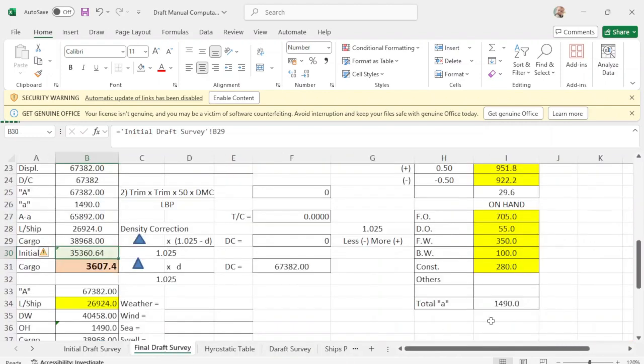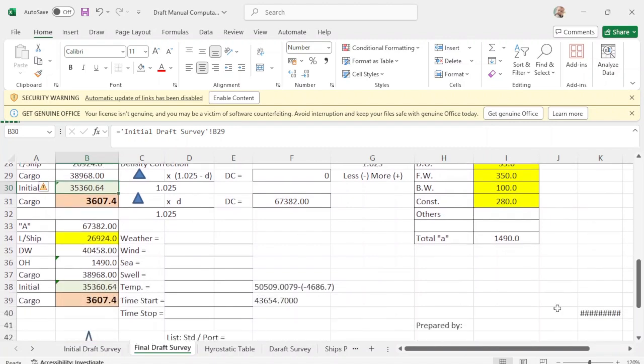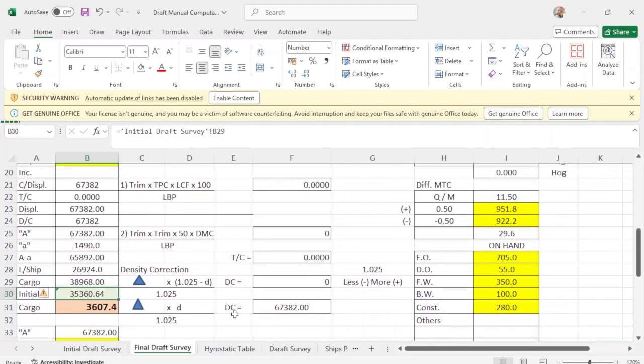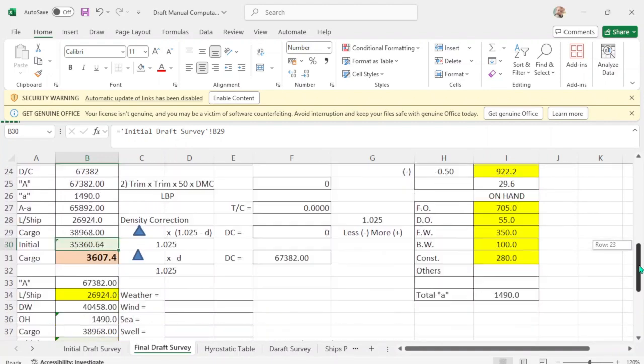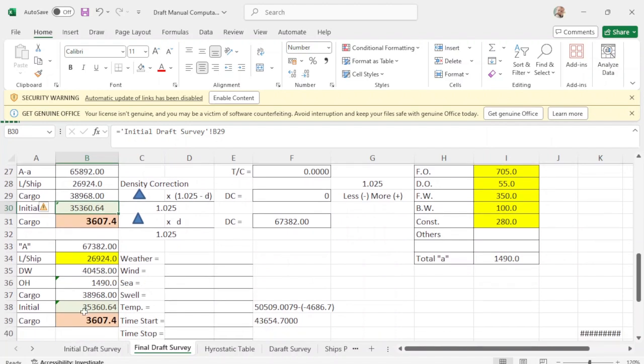Got the 1490, and the total cargo is 36074, where there's no, the normal procedure, and I have the checking, and you have there the displacement minus your light ship, because your deadweight minus your on hands, which is this one, because your cargo, and cargo initial drop is now total cargo is 3607.4.